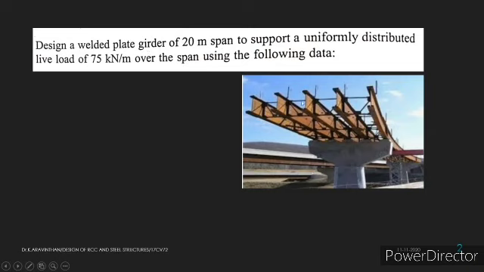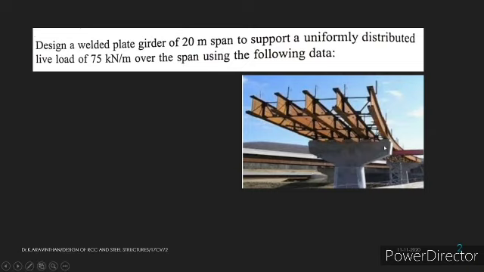So what do you mean by a plate girder is, it is a member similar to a beam in RCC structure. You can see there is a steel beam which is running across the piers. So this is pier 1 and this is pier 2. And above that you have a beam member. This member is called a plate girder. The load which is acting on the girder will be a uniformly distributed load, or in some cases there might be a concentrated load at a particular point.